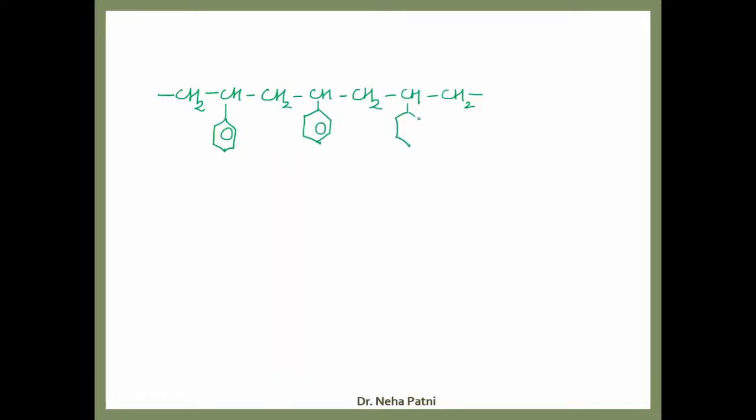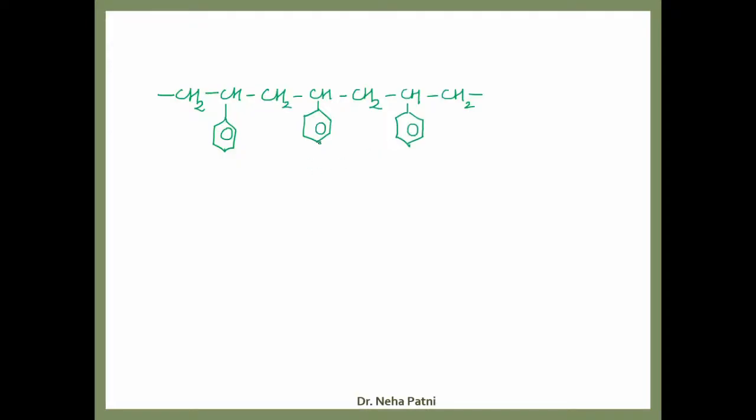Let me explain one more time what I am talking about, which is a copolymer. How to make it is very easy. You just write an alternate chain of CH2, CH, CH2, CH, CH2, and like that. And whenever you have a CH, just draw a benzene ring with it. So on every CH, you have to draw a benzene ring.